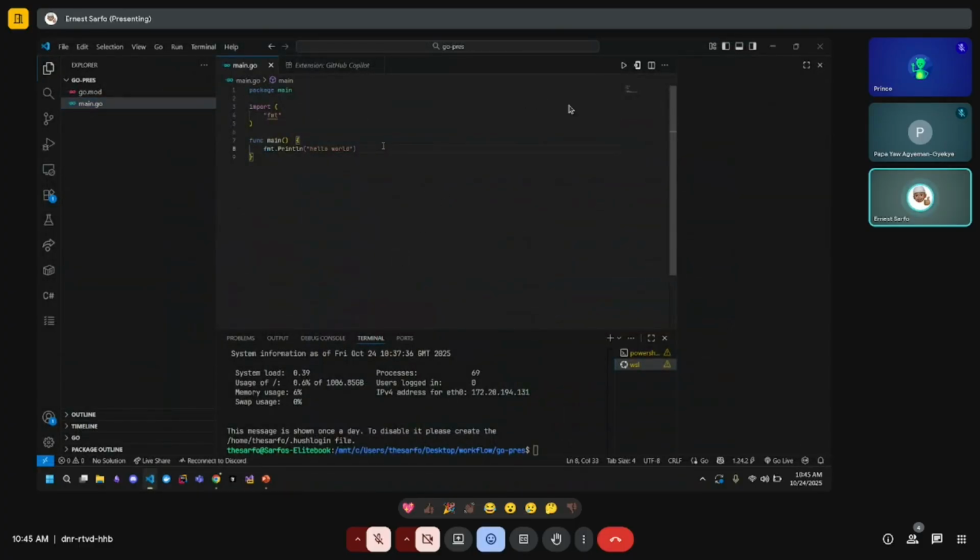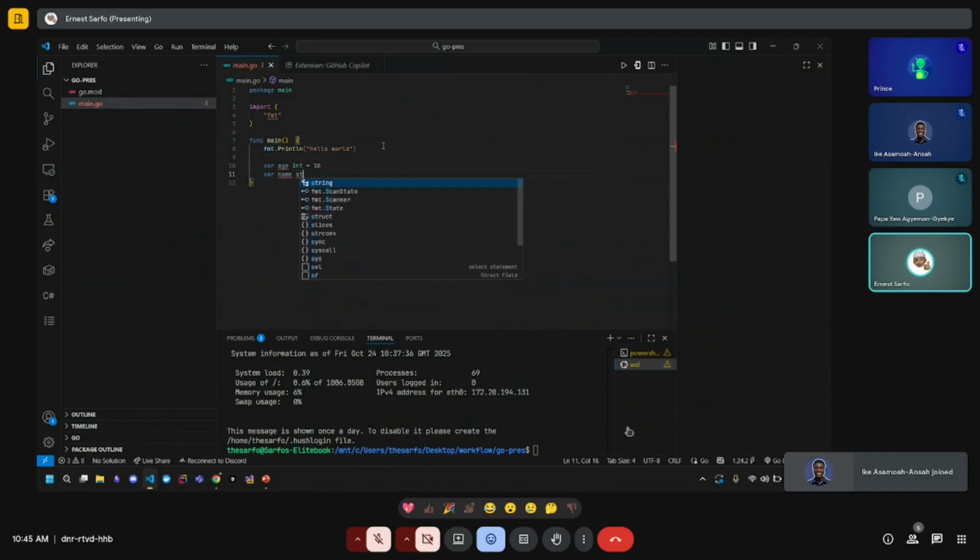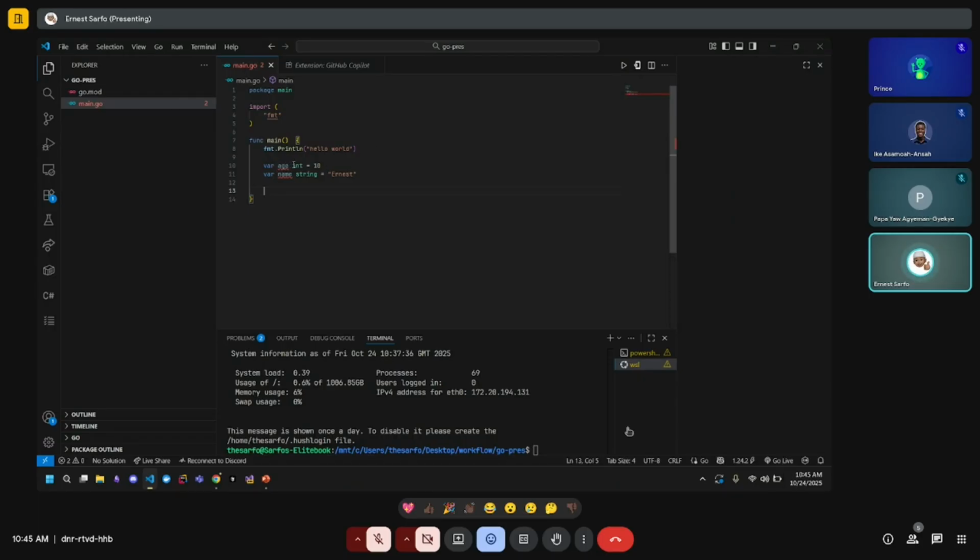If you want to initialize a variable in Go explicitly, we can just do var, let's say, age, and tell the compiler that it is an integer, so it will be 10. And then let's do another one, name, which is a string, and we'll call that maybe Ernest. But if we don't want to be writing the type of these variables every time we declare them because they can become too long, we can use the colon and equal to syntax. Just to get rid of these compiler errors,